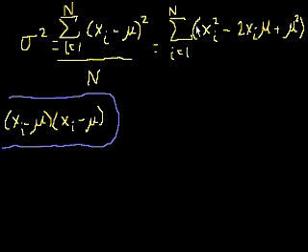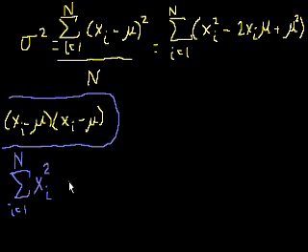Okay, so the sum of this is the same thing as the sum of, because if you think about it, for each of the numbers in our population, we're going to perform this thing, and we're going to sum it up. If you're not familiar with sigma notation, this is a good thing to know in general. This is the same thing as the sum from i is equal to 1 to n of the first term, x sub i squared, minus,